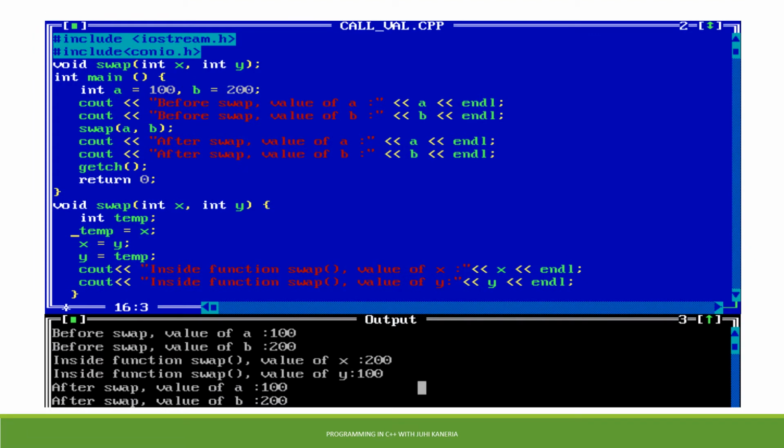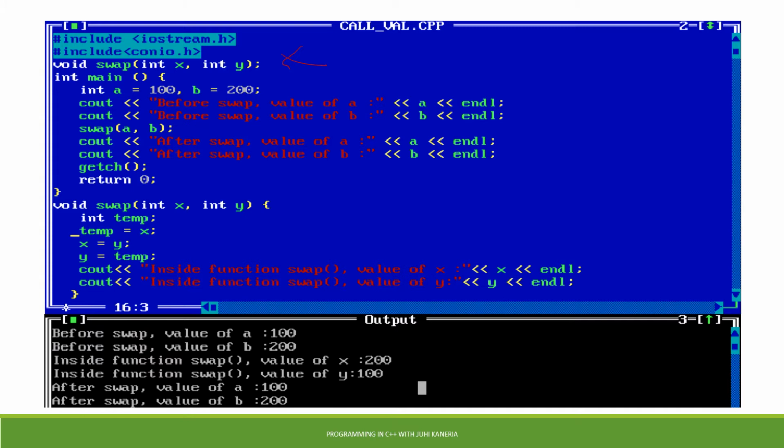Say we have a function named swap. You can see over here we have a function called swap and it is going to return void, that is, it is not going to return anything, and within the parenthesis we have passed two parameters, int x and int y.